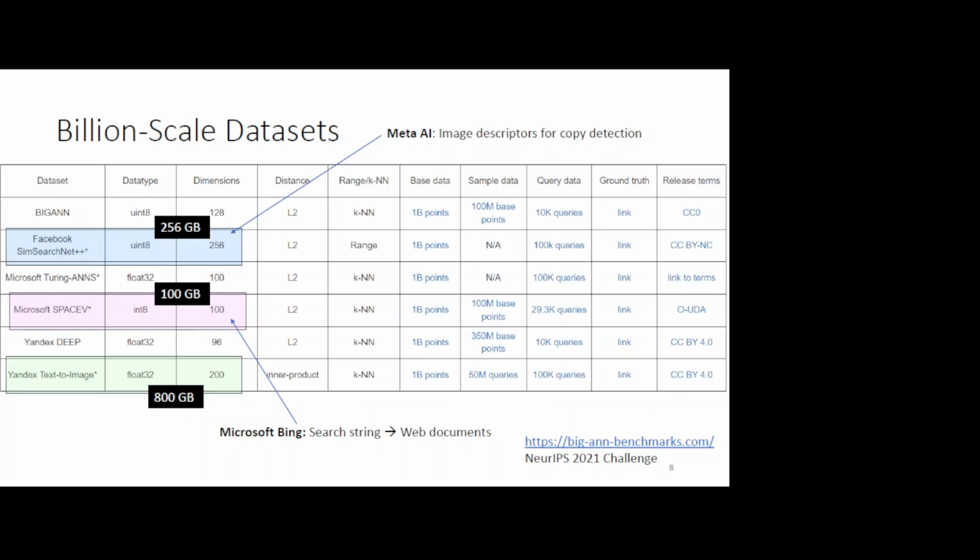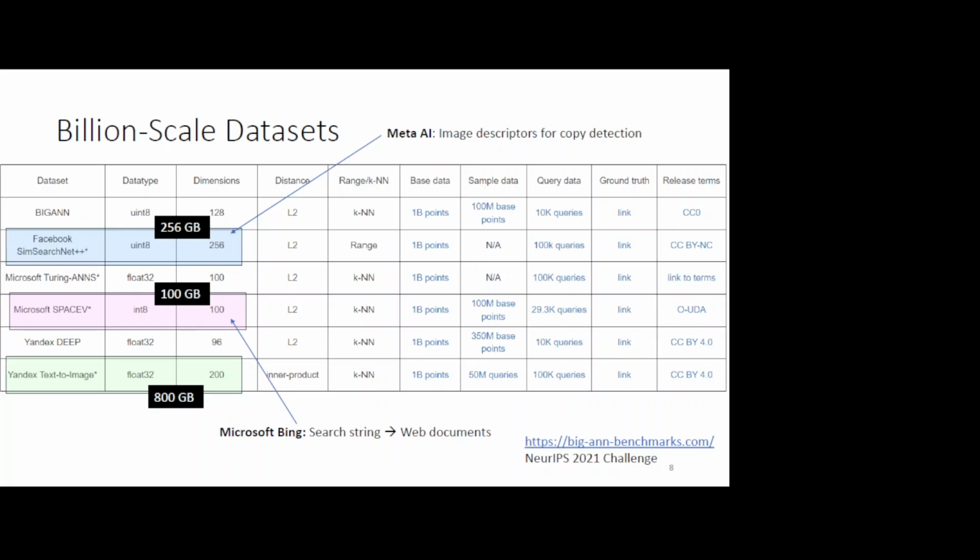Okay, so you can see some data sets. For example, this one, the text to image. For these data sets, it uses float32. It means it uses 4 bytes to encode the dimensions. Each dimension is a real value. So it uses 4 bytes to encode it, and it contains